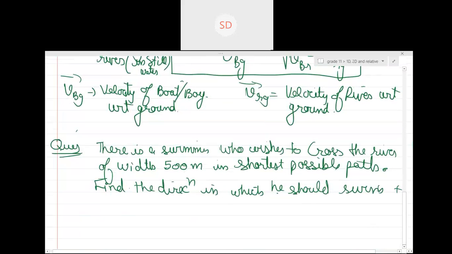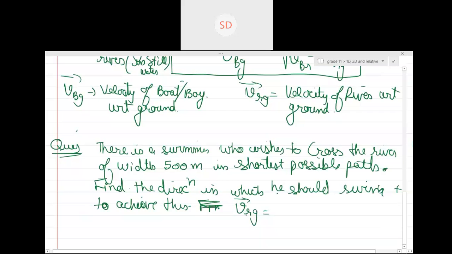He should swim to achieve... also given is basically what the velocity of river with respect to ground is. Although it will not be given